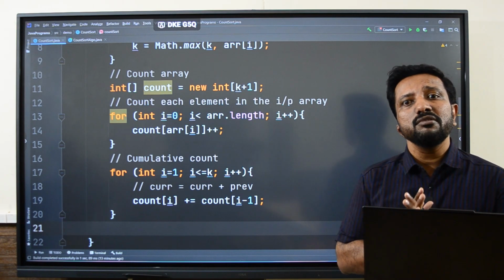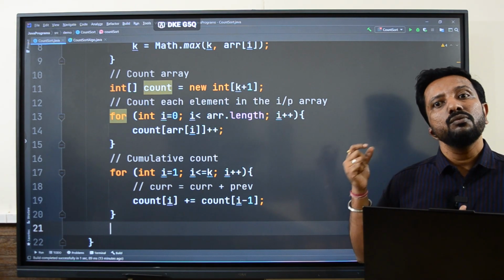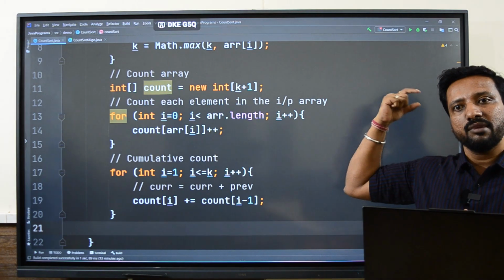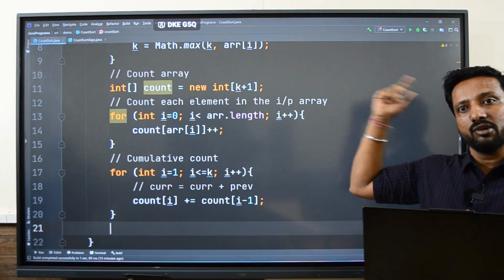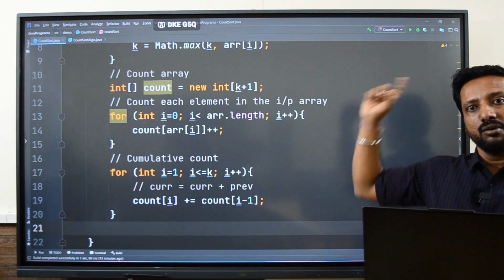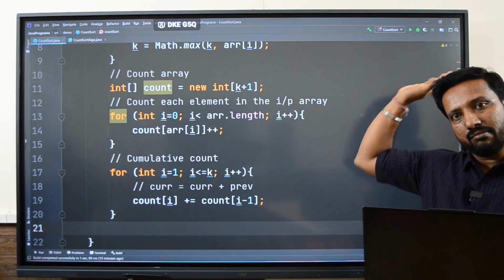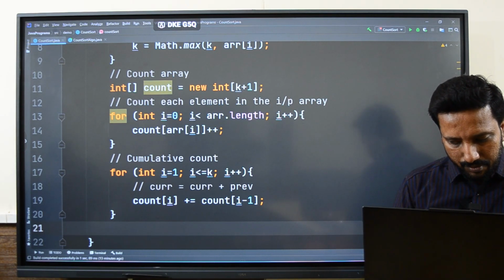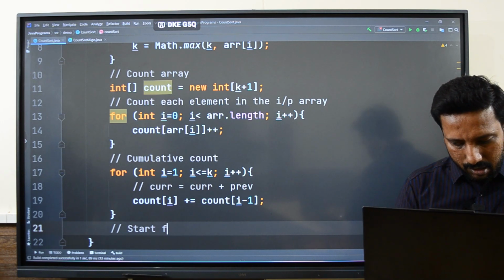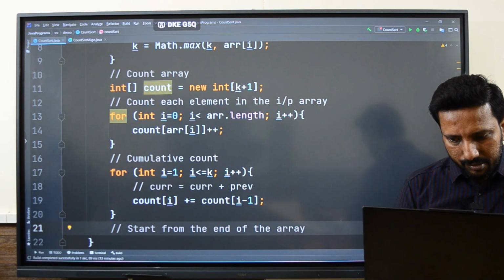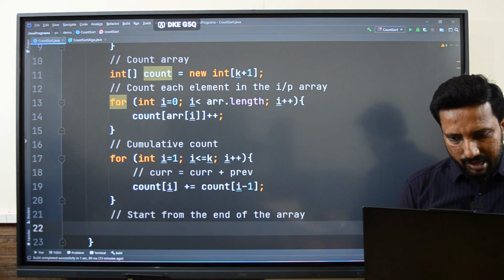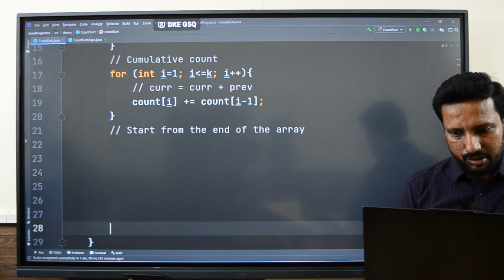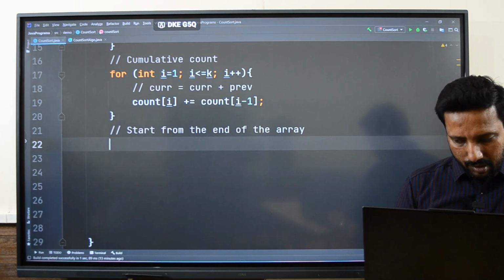After that, if you remember from the algo, we always start from the right hand side of the array. Okay, that means the end of the array, because we start to add up from this side, we have to find the output from the end of the array. Okay, clear? Now how do you write it? We just say, start from the end of the array. Okay, then after that, let me just drag it down a little bit so that you can see the code. Fine. Then what is the next step? The next step is